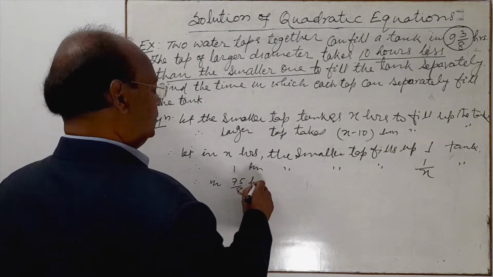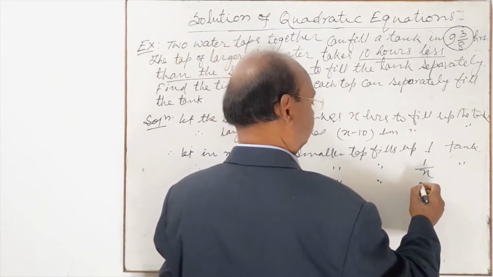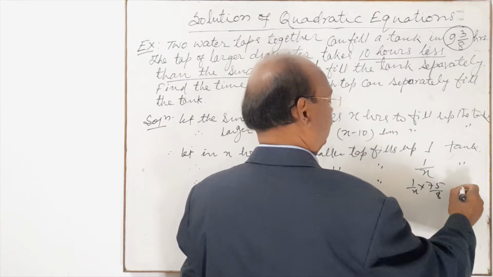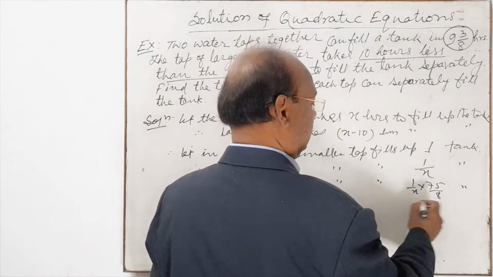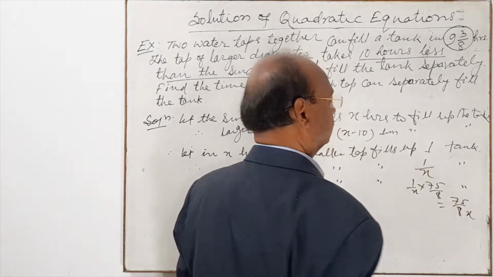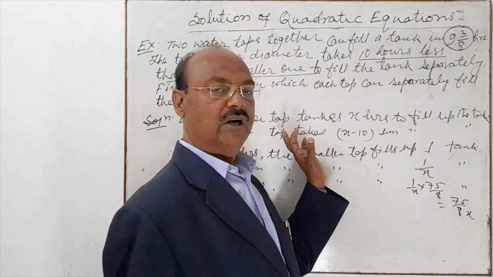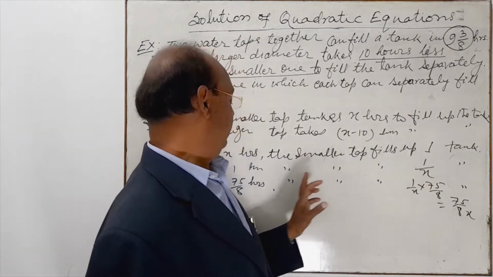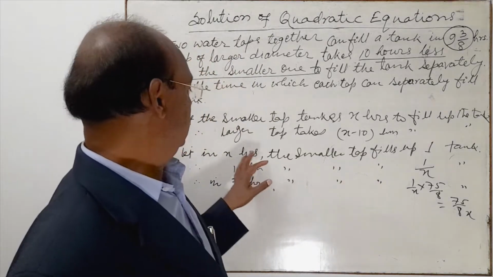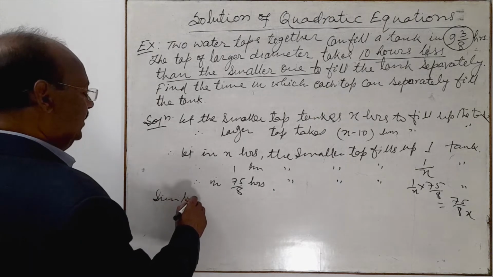So therefore in 75 by 8 hours the smaller tap fills up 1 by X into 75 by 8 of the tank. Correct? And this is equal to how much? This is 75 by 8X. This much part of the tank is being filled up by the smaller tap in 75 by 8 hours. In the same way, when we write for the larger tap, similarly, by the unitary method, we can write